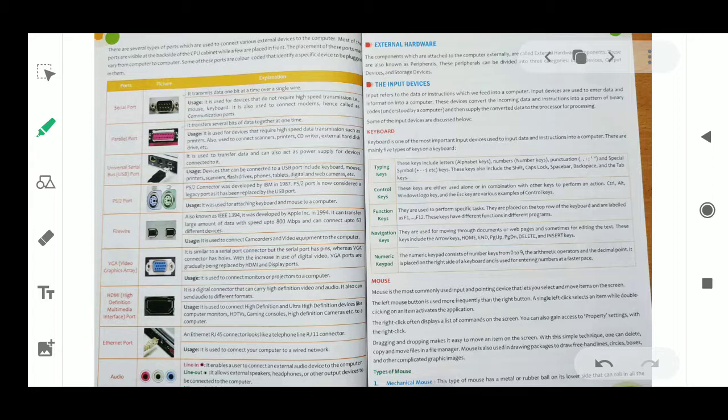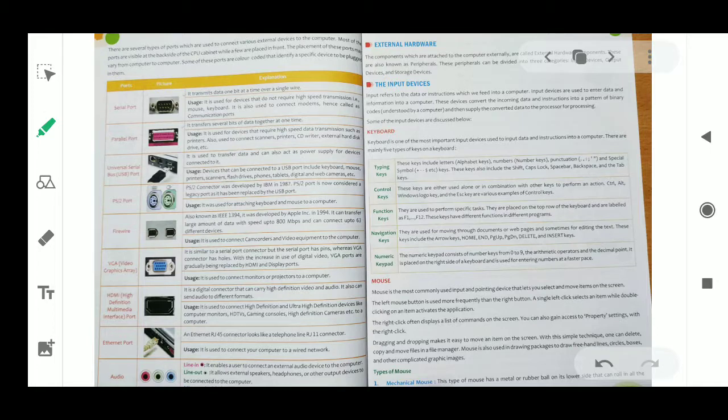Page number 9. You can see a computer port is a slot on the motherboard that acts as a point of connection between the computer and an external device. Means, of course, when we want to connect any other peripheral device like a cable, like a USB drive, or other things we want to plug into our computer, we need the ports. Okay, so there are some different types of ports.